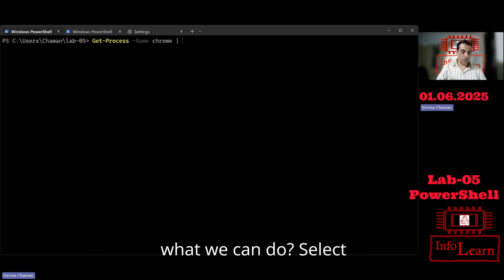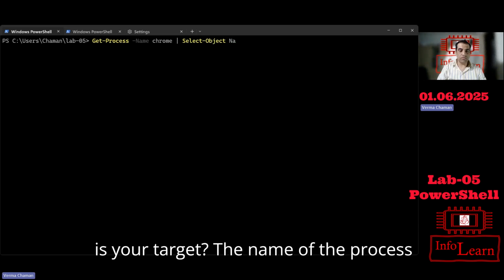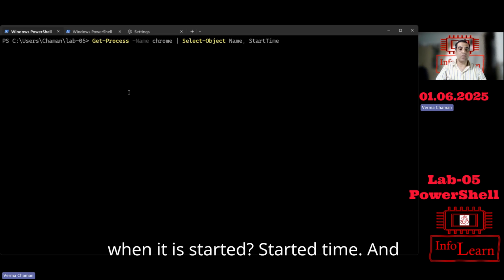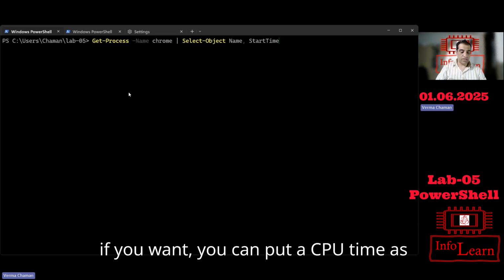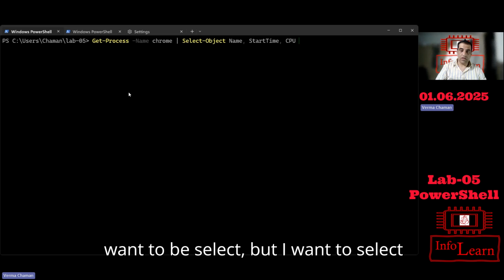And then after, what we can do is Select-Object here, and after Select-Object, what is your target? The name of the process, and then the start time. So what is the name of the process and when it started? Okay, and if you want, you can put the CPU time as well. Okay, so now I want to select these 3 columns, but I want to select them on